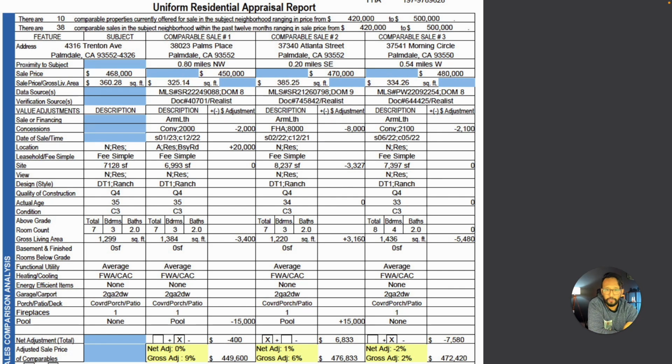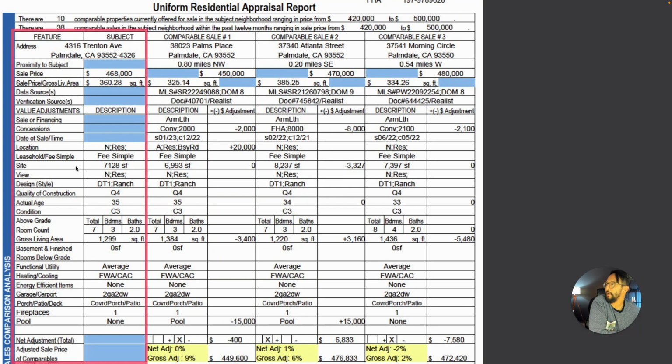And I do a ton of training on this with my agents because it is a bit complex to understand, but we're just going to do a quick overview of how this works. So we got a property here. On the left-hand side, we have the property address, 4316 Trenton. We have the sale price of the property, which is right here. And we have this line that has all this